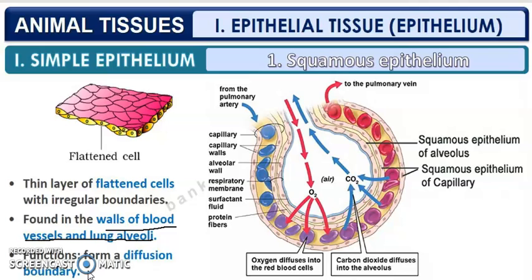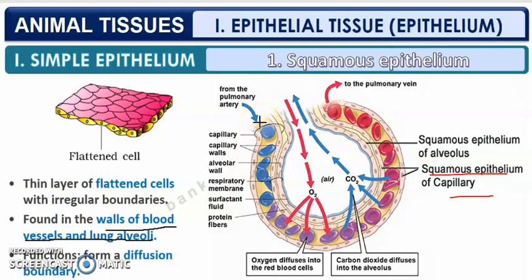You can see in this picture, children, it is very clear here. You can see this part, which is the squamous epithelium of the blood vessel, which is the capillary. You can see it here, this one. They have labeled it, right? So the squamous epithelium is present as lining, you can see it here, right? So it is a single layer, and the walls of the blood vessels are made up of the squamous epithelium. And how is the squamous epithelium? It is thin layered, the cells are flattened.